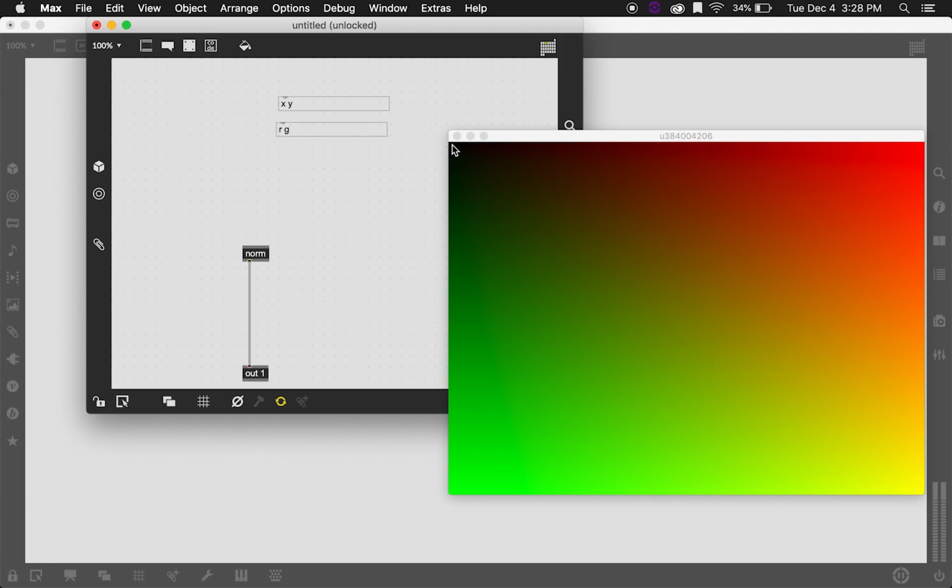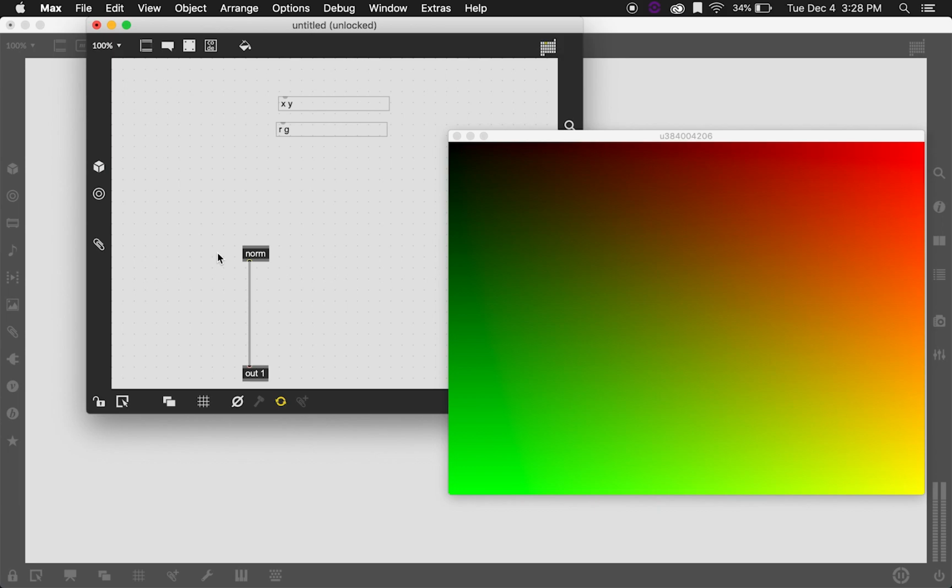So we can see how as we increase in the x-axis, we're increasing in r, in red, and as we increase in the y-axis, we're increasing in green. And as we increase in the mixture of these two, we get yellow, and yellow is just a mixture of red and green. This is cool because what that means is that we can essentially synthesize or manipulate numbers and vectors in whatever way we want to generate